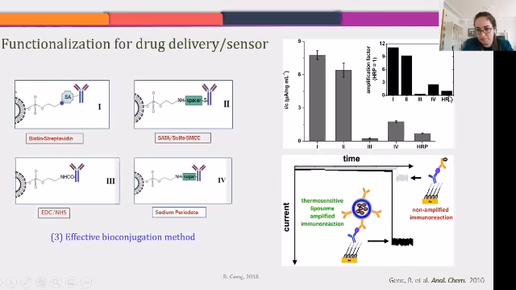So what does it mean? If a normal immunosensor gets a lowest limit of detection of, let's say, 5 nanograms, what I got is 10 times lower than that. So I could detect 10 times lower than the traditional way. So this is one solution. We solved three things in one design: we increased the signal, we effectively bioconjugated, and we got rid of the background signal.